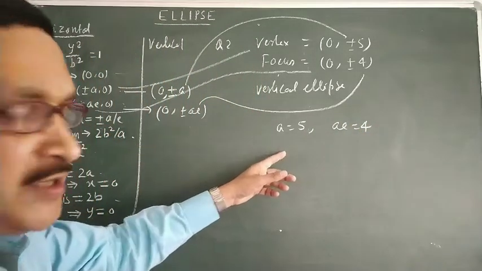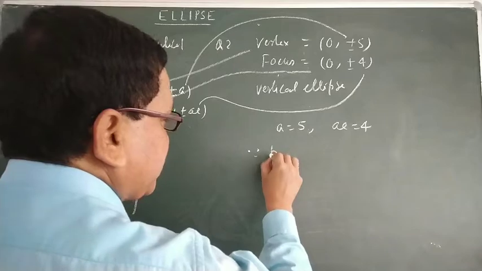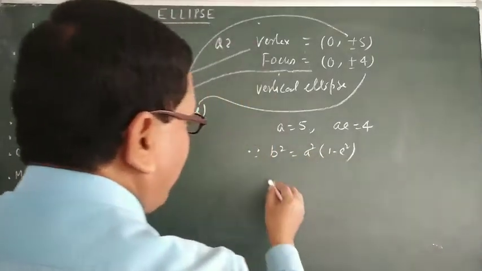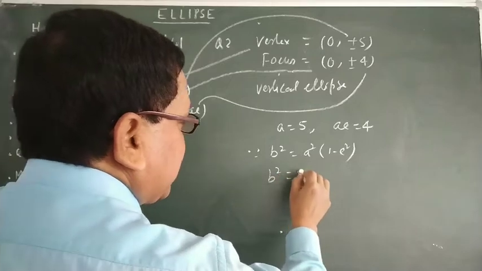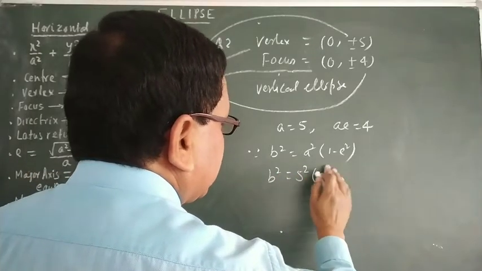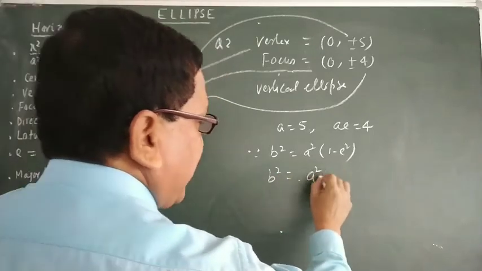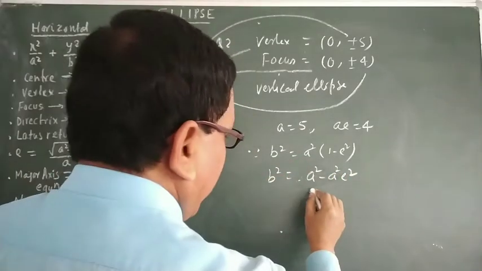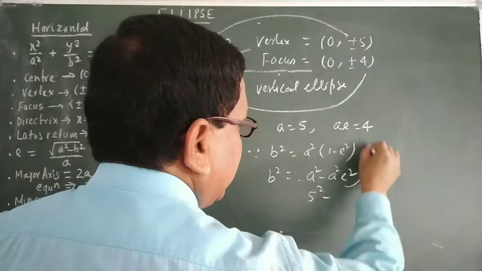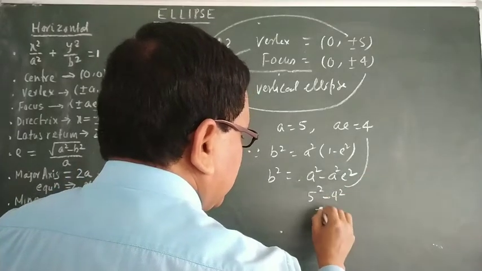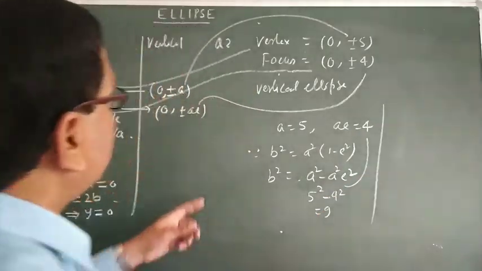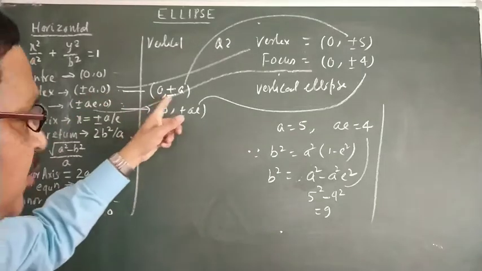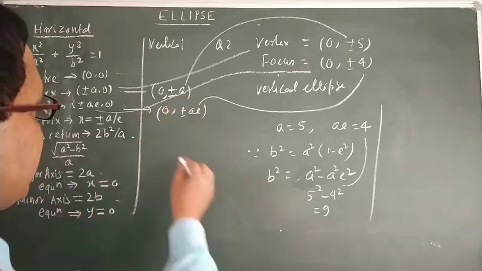Again apply the eccentricity formula. Since b square is equal to a square times 1 minus e square, b square is equal to 5 square minus, multiplying this, a square minus a square e square. Put the value of a, 5 square minus ae, 4 square. So this is 9. Now, starting from a, 0 and 0, a, the equation will be,